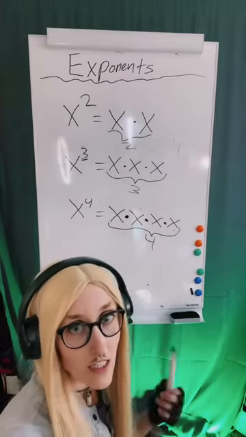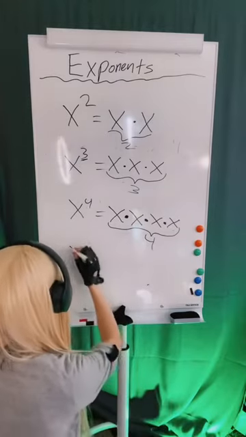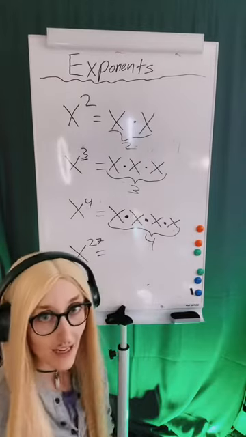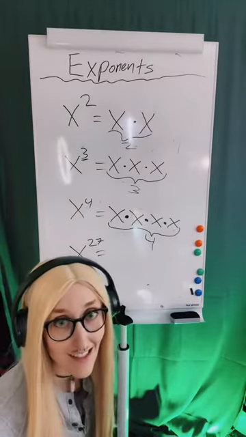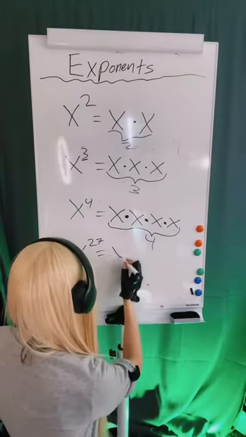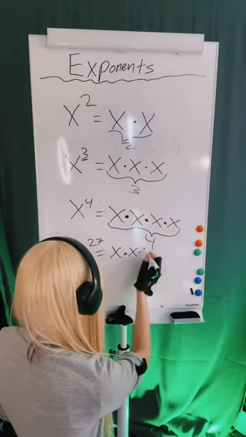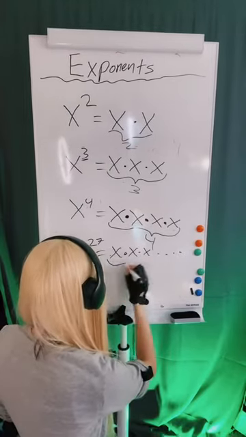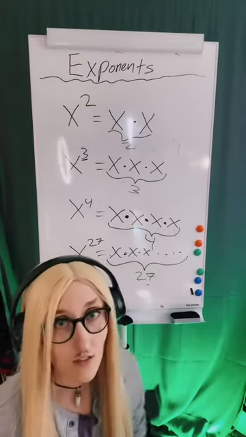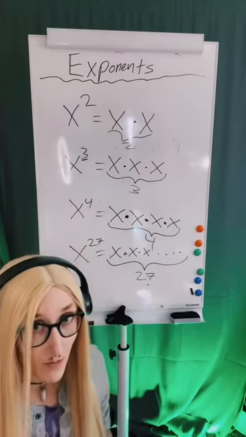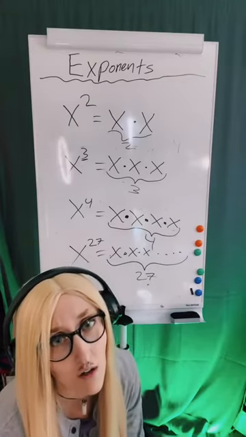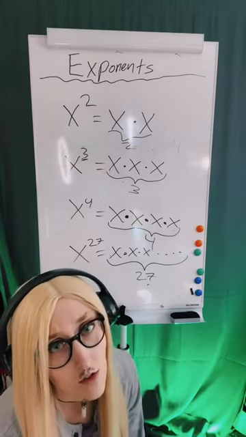So if, let's say, you even had x to, I don't know, the 27th, don't panic, that just means we have 27 x's. That's a lot of x's. But all that would mean is we'd have x times x times x, dot, dot, dot, 27 times. This is just a lot smaller of a way of writing it, and that's why we do that, because that would take so long to write. I'm not going to write out 27 of them, you know? It's too much.